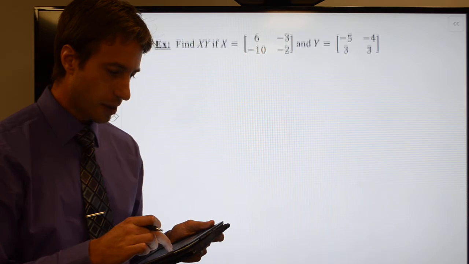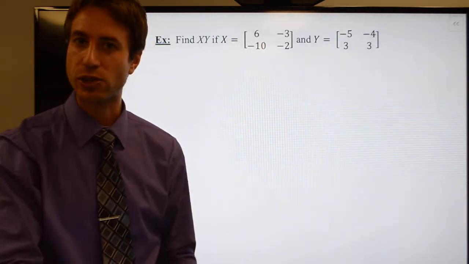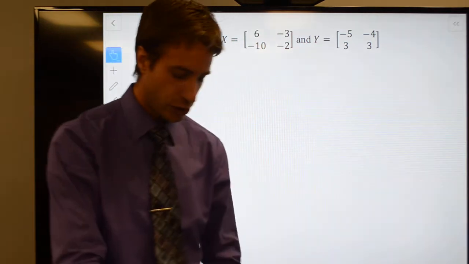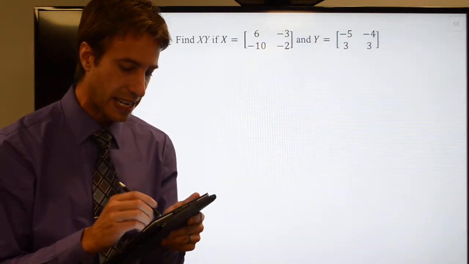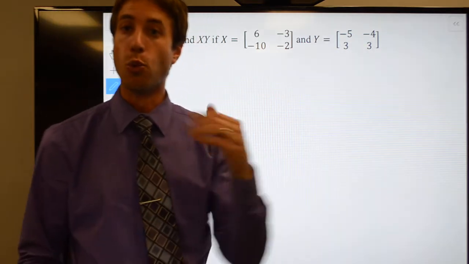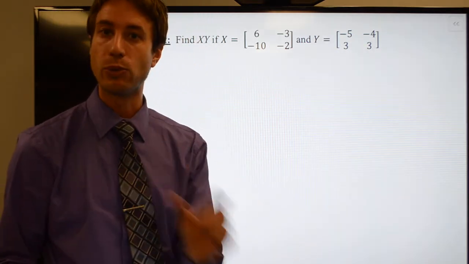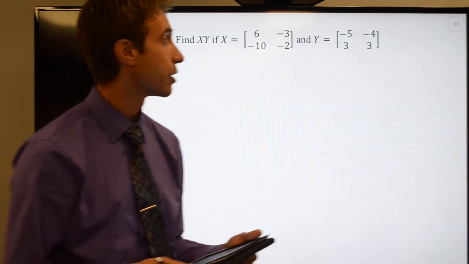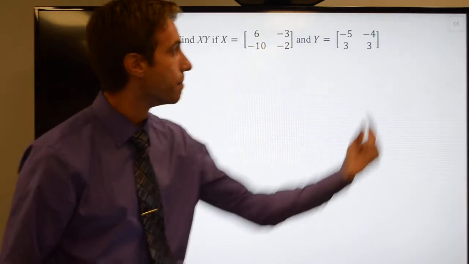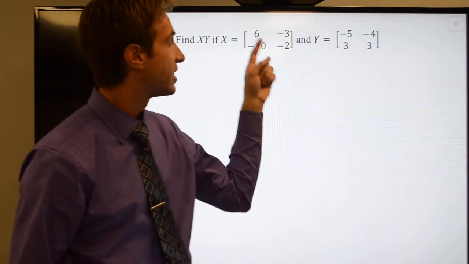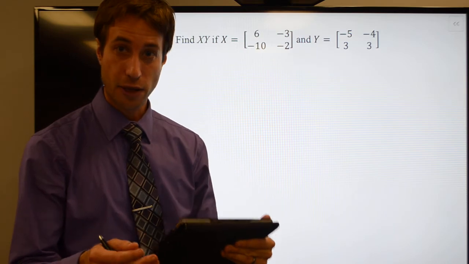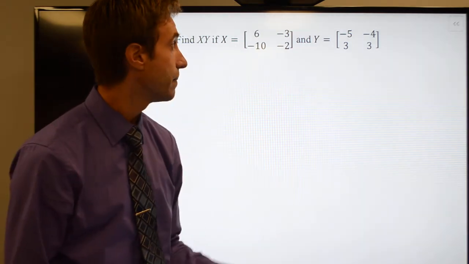Again, like I said, I'm going to skip that initial step where I show all of my multiplication. I need to multiply these two matrices together. I recognize that they are the same size, 2 by 2, 2 by 2, which means that absolutely we will be able to multiply these together. Let's go ahead and do it. I'm going to do row 1, column 1, 6 times 5, which is going to be 30, and then I'll have a